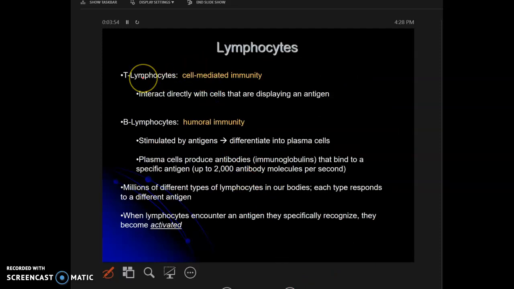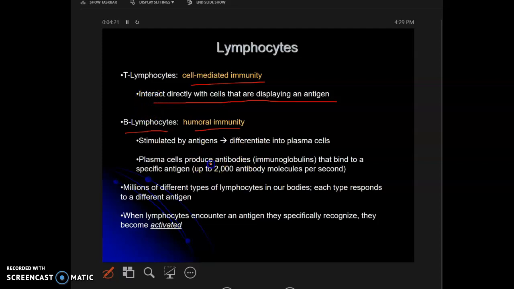So again, the T lymphocyte, the type of immunity they provide is the cell-mediated immunity. Why? Because they interact directly with the pathogen or the foreign body that is displaying the antigen. All right. The B lymphocyte, the type of immunity they provide is called humoral immunity. All right. So here this is stimulated by the antigens, and the B lymphocytes do not interact directly, but